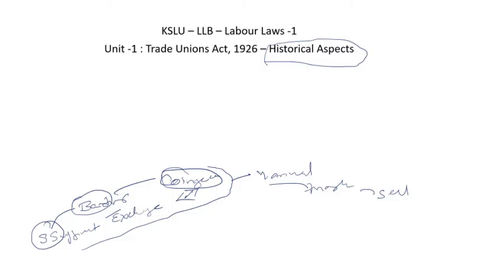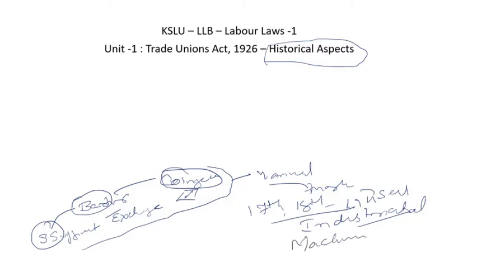But actual commercialization started to happen in the 17th, 18th and 19th centuries. This is the period of the industrial revolution in Europe. Europe went into an industrial revolution where a lot of manufacturers started producing goods on a large scale using machinery. Because of this, many people from rural areas started moving towards industries and working as workers in factories. Many men from rural areas, even women and children, also started working in factories.